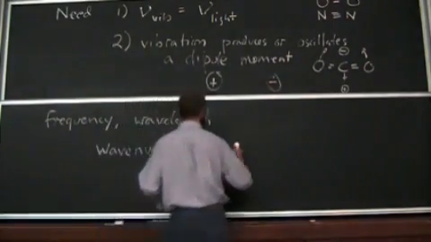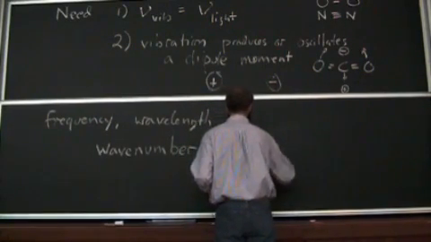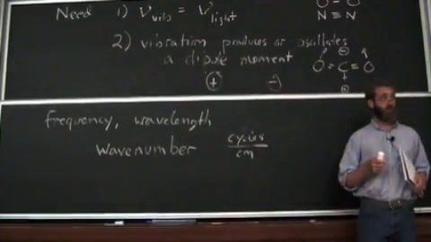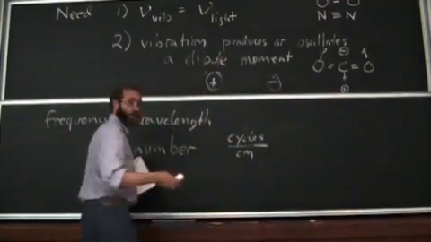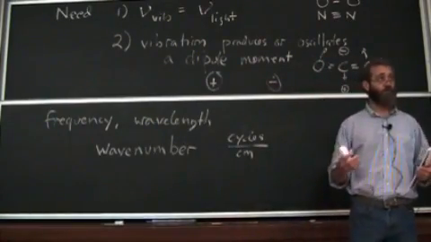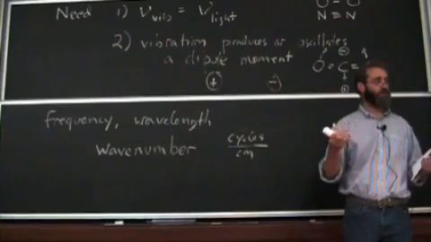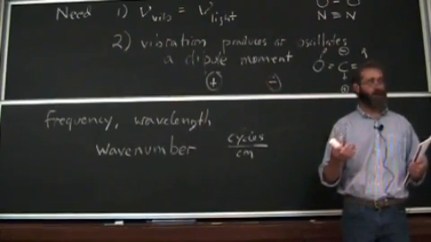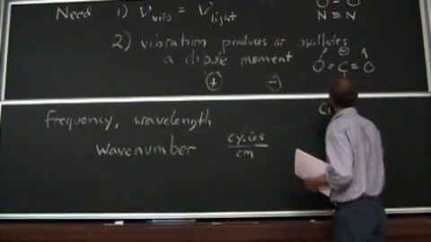Wave number is defined as the number of cycles per centimeter. And so if you knew the frequency or the wavelength, you could calculate the wave number. It's just another way of measuring the same thing. But it turns out that for infrared light, this gives nice numbers that you can hold in your head without too much pain. So the CO2 bend, for example,